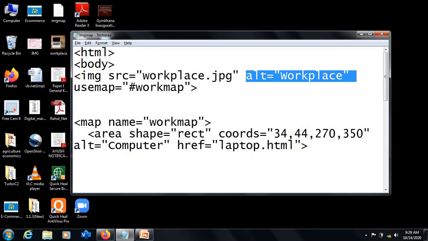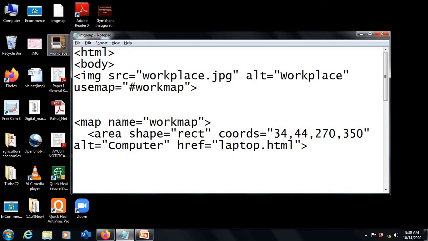ALT, which is the alternate name of the image, is workplace. If your browser is unable to display this image, in that case this alternate name will be displayed instead of the image. When the user places the mouse over this image, this name will be displayed.